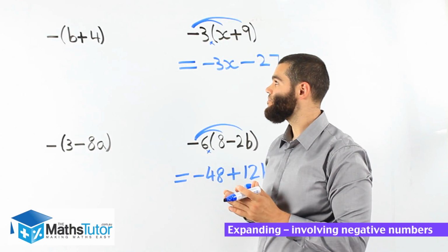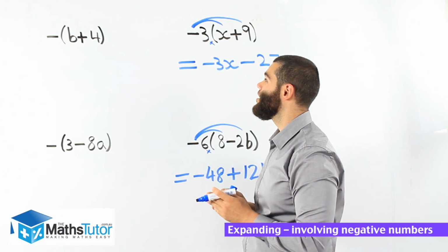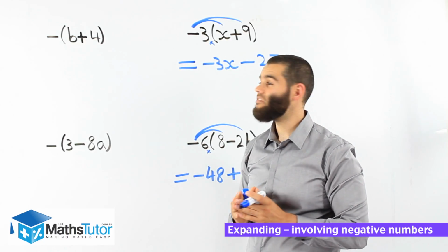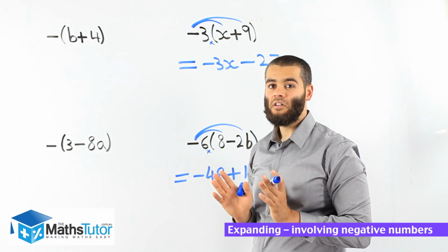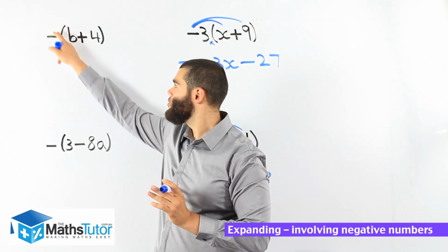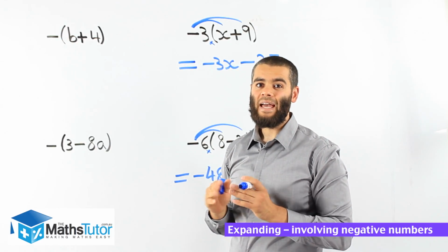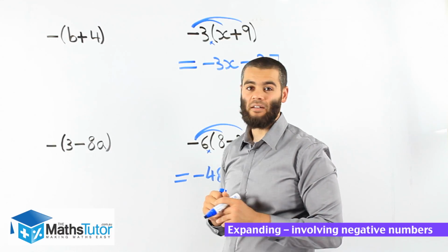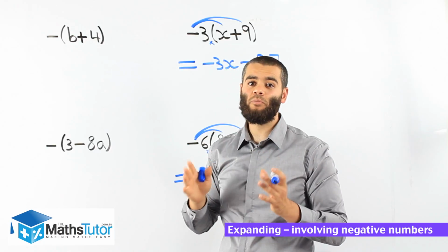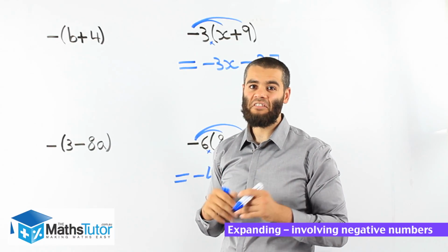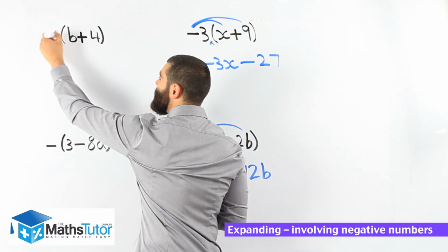Look at these. This one here, it says negative, then open bracket, b plus 4, close bracket. What do you notice? You notice that there is no numeral. It's just a negative. But in fact, it actually means negative 1. So whenever you see a negative like that, you know straight away there's an invisible 1. But we are lazy, we don't write it, but we know it's there. So negative really means negative 1